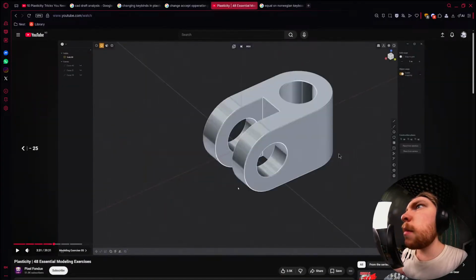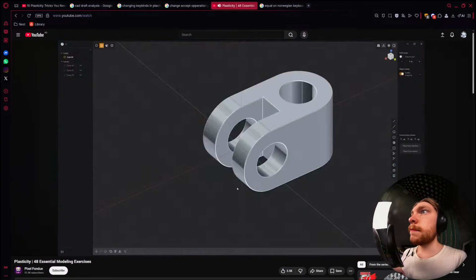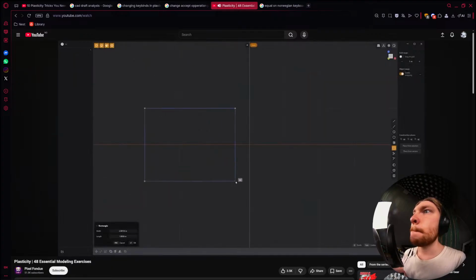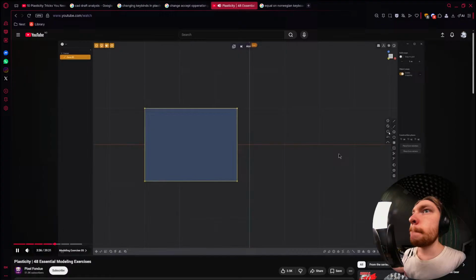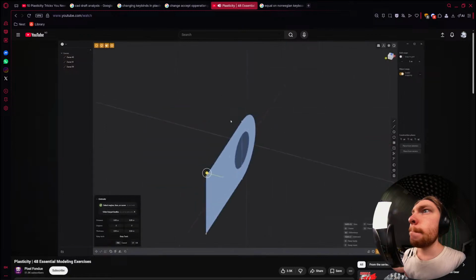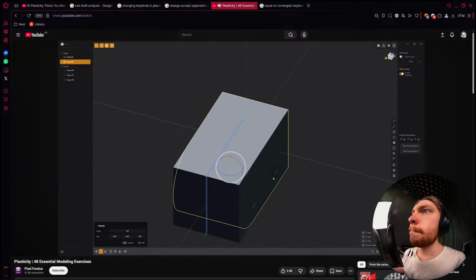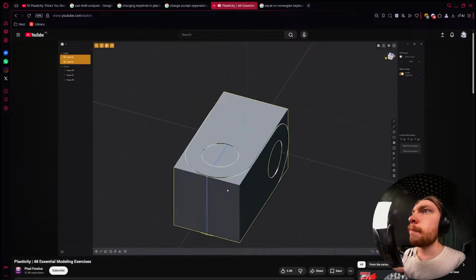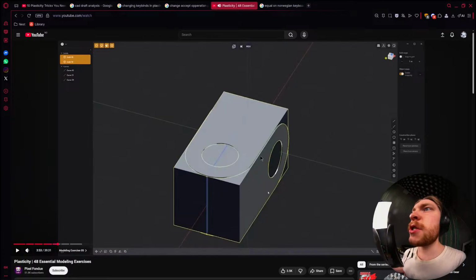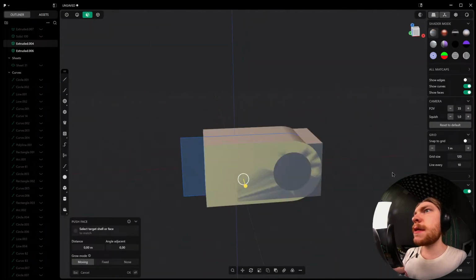Wait, maybe it was. Floyd here with a quick look at basic asset creation in Plasticity. To showcase some of the features in Plasticity, let's build this simple object. Start by creating a rectangle curve, and then use the 2-point circle tool to create a circle at one end of the rectangle. Press O to offset the circle and make a smaller circle curve. Extrude the shape and press Tab to extrude on both sides. Duplicate the solid and rotate it 180 degrees, then rotate it 90 degrees. Select both... So he was just very accurate. Solids and perform... yeah, mine is not as